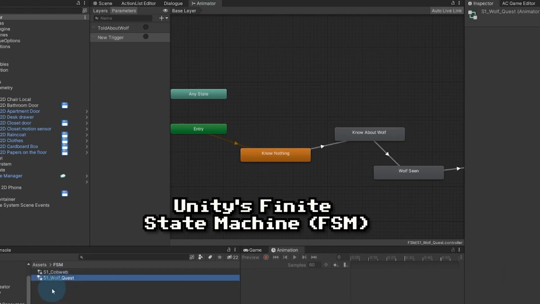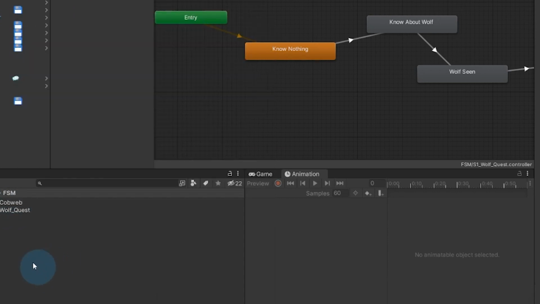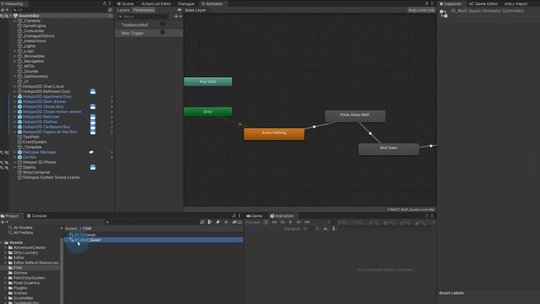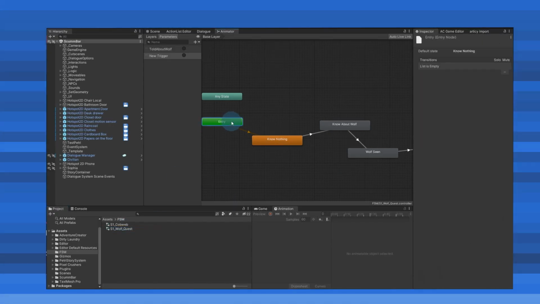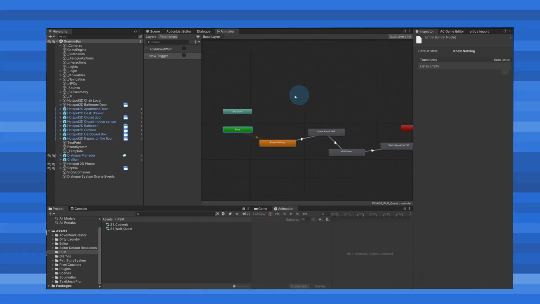The following are the steps I used to implement his example. Unity has a state machine system built in, which is the animator controller. I used it, not for animation, but as a finite state machine for the logic of the story. I created an animator called S1 Wolf Quest. The name doesn't matter. I used S1 as a naming convention because it was going to be on my first